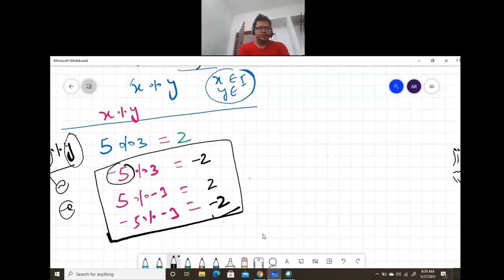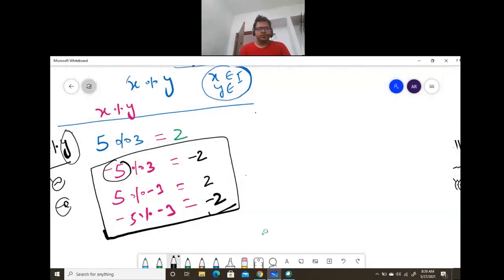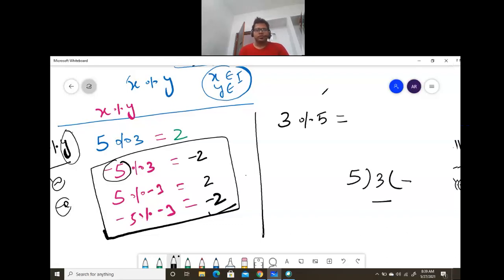This is the first case. In the second case, suppose we reverse that equation, so 3 modulus 5. Just hold on, how is this possible? Is this possible in C language? No, this is possible only in maths, right? But in C language, what will be the effect for that?